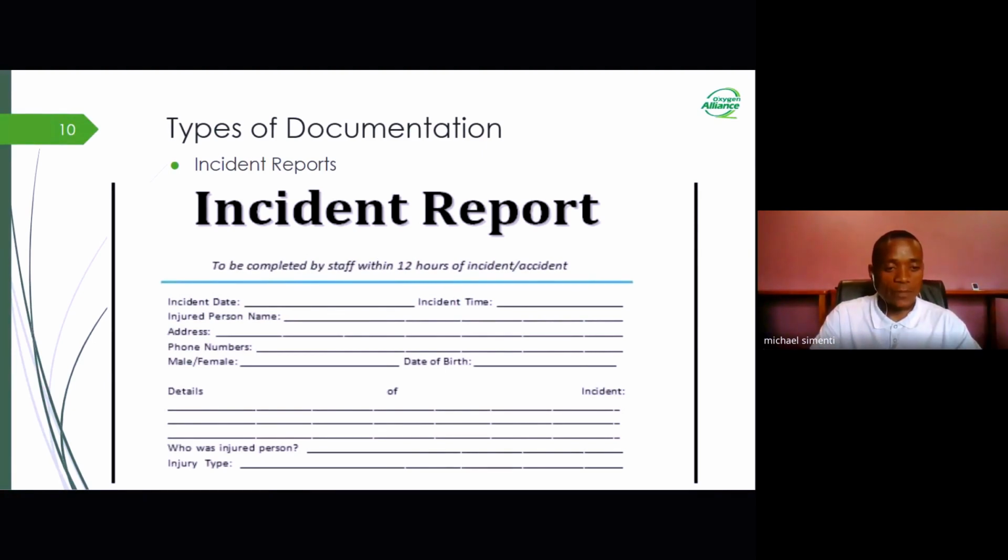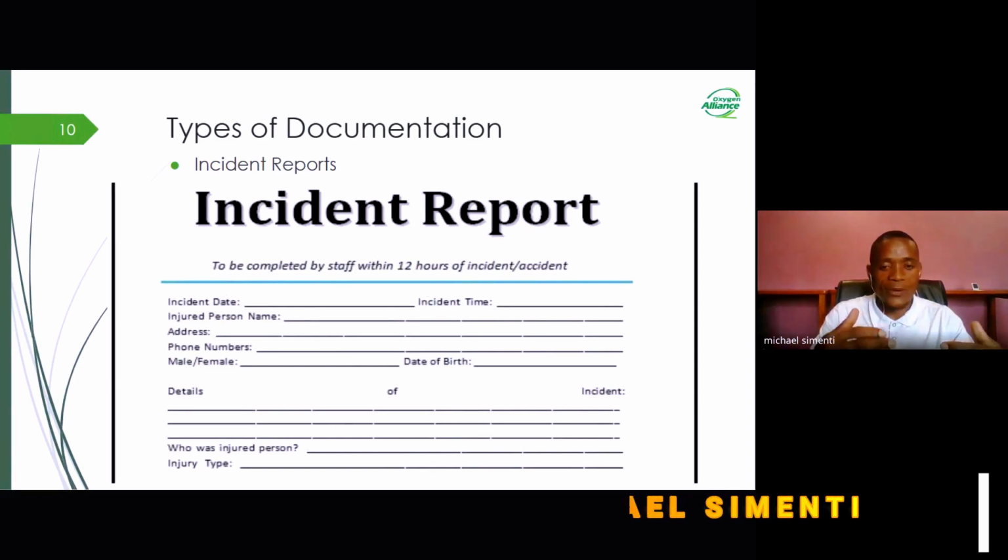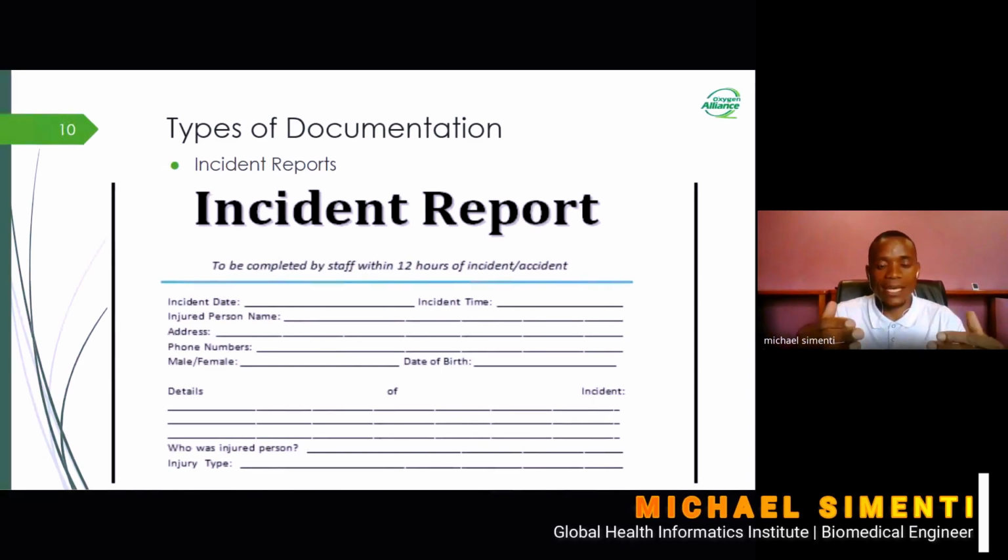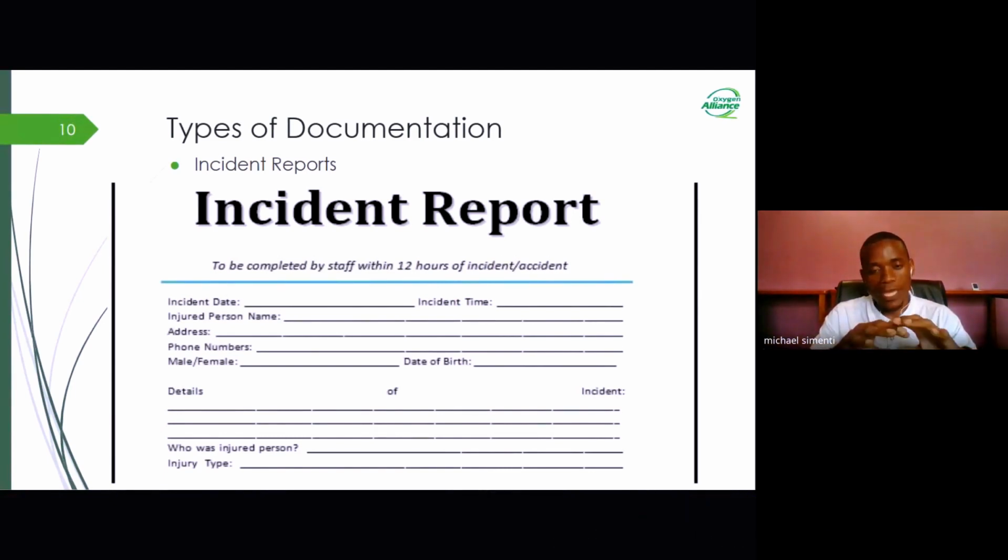The information you expect to have is, for example, when it happened, so you put the date, and the location where it happened, whether it was at base, in the workshop, in any department, or any other place. Who was involved? What injury has been sustained? Any immediate action which was taken? What was the root cause? All that has to be documented. And if you put that information in the report like this one, it's very easy for somebody to follow up, right?